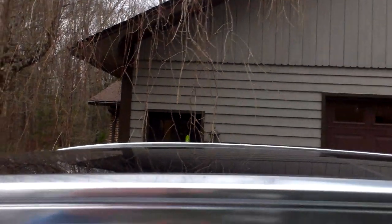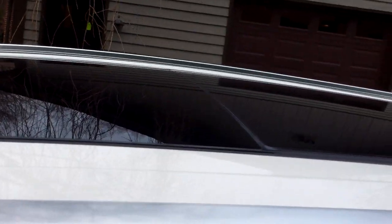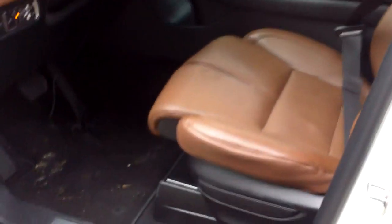So the roof line is not so ridiculously high that you can't even see the roof. I can actually see the roof, and look at that beautiful panorama sunroof, which when open you can surf, assuming it's not too cold. But the point is, look how much easier it is to get into this thing, which